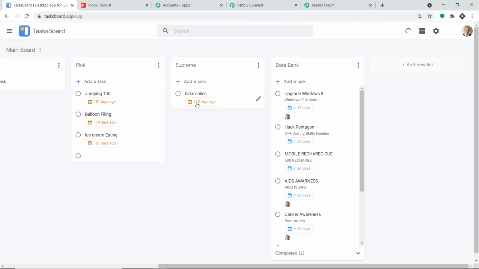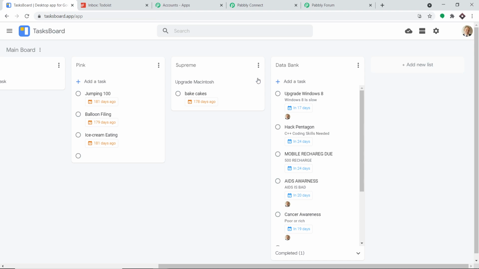Now, as you may see, this task was due 178 days ago. My point is that for this particular list, we want a newly created task. Now, let me just create a new task. The name of the task is upgrade Macintosh.